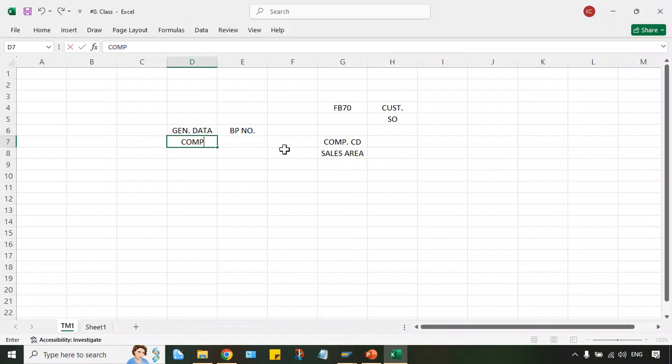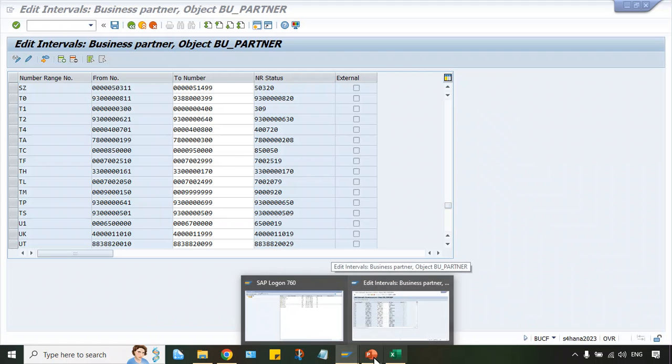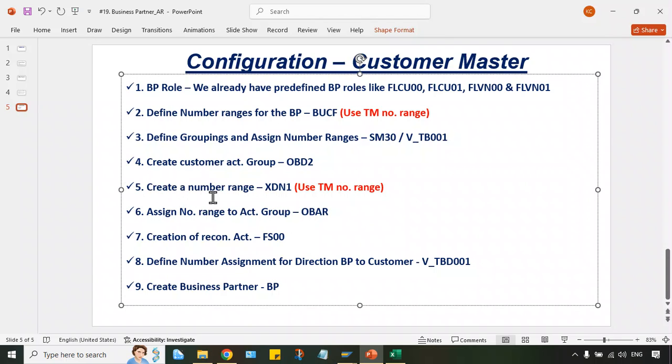And then company code data: if it is a customer, then for customer we have to add the company code data, and a customer number will be generated. So this customer number will be coming from where? This customer number will be coming from this one. Okay, here. From here, BP number, and from here, customer number.